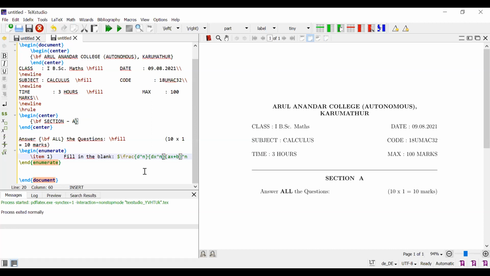Okay. Equals to, just fix this and put it drop line, then dollar symbol.